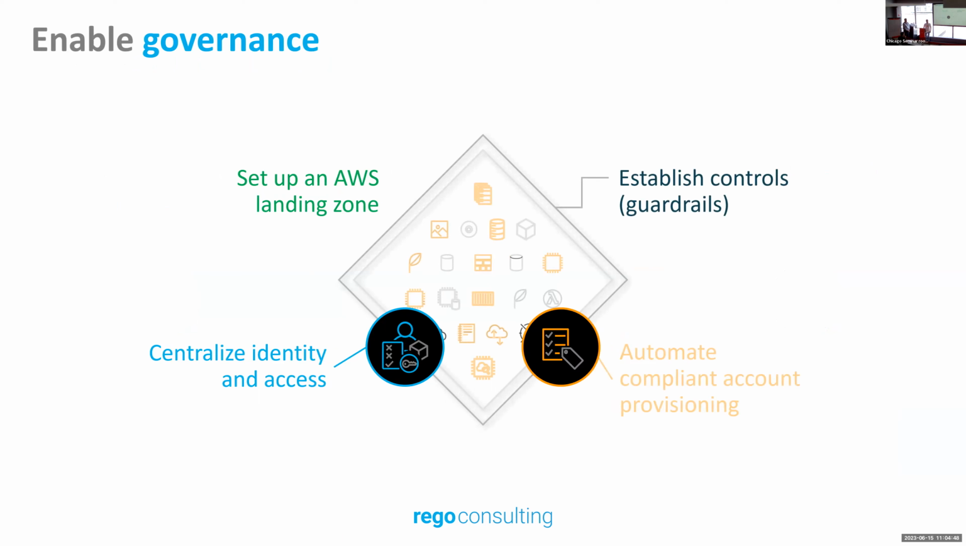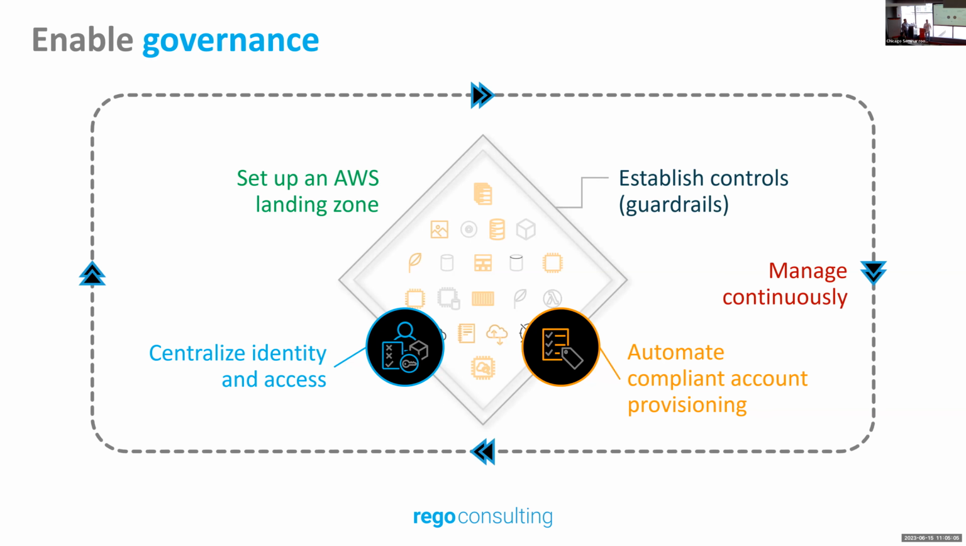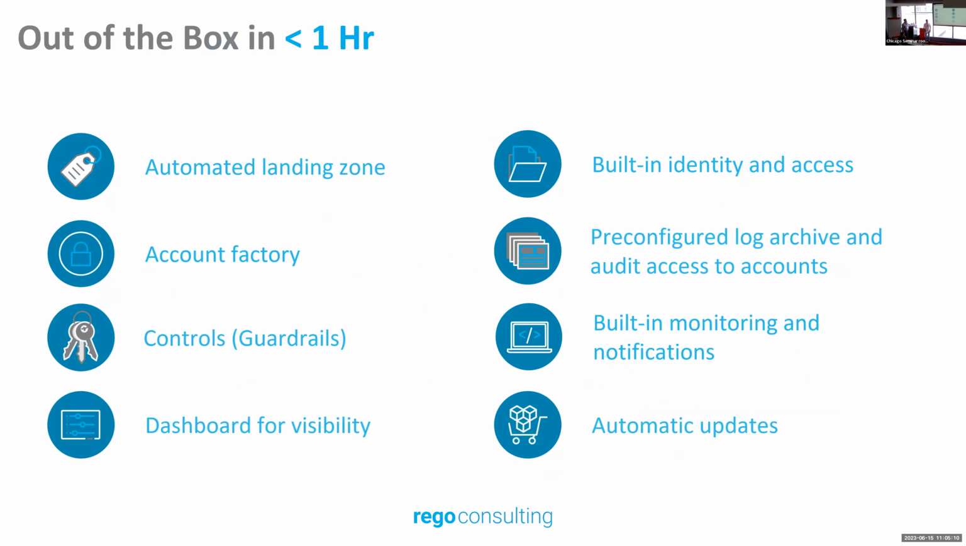of these things. So you get a landing zone, you get centralized identity access, you get controls, previously called guardrails. I'm sure some of you are familiar with that term, and automated compliance, compliant account provisioning, or what we call account factory. And this is something that once you set up, you can continuously manage as well. So these are the things that come, and there's no coding or any other heavy lift required to turn this on. Like I said, it's a click of a button, takes about an hour or less at the first attempt